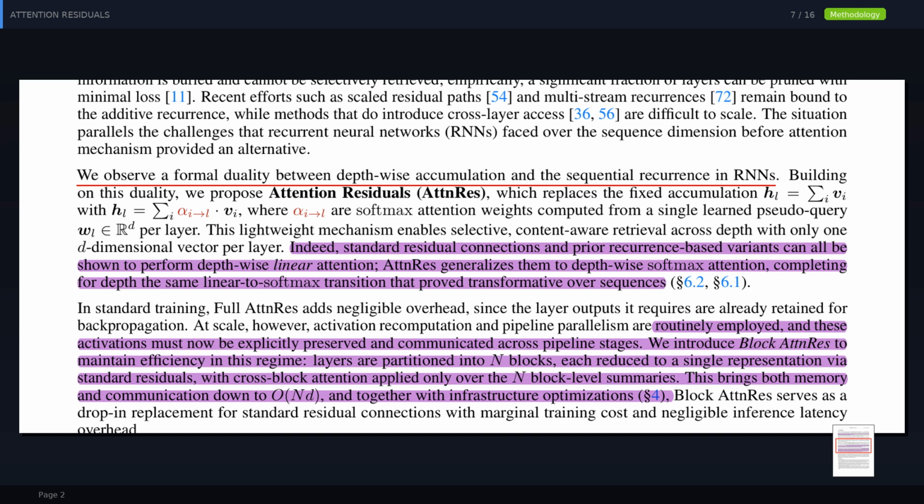This section highlights the core technical contribution. The authors draw a duality between depthwise accumulation and RNN sequential recurrence. AttnRes replaces the fixed sum with a weighted sum, where weights are learned softmax attention scores. This allows for content-aware retrieval of information across layers using a lightweight, single D-dimensional pseudo-query per layer, enabling more dynamic